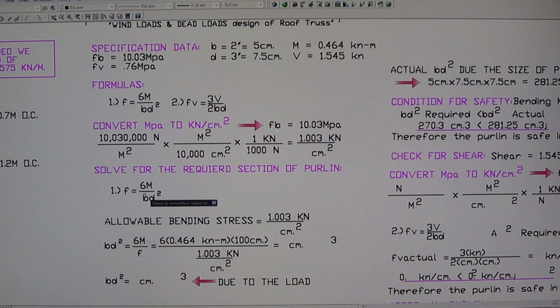The F goes down here and the bd goes up there. That's why we have it here. This is the formation of our equation. Now we're looking for bd square. This is the cross section of the purlin. So to calculate that, bd square becomes 6 multiplied by 4.64 multiplied by 100 divided by 1.003,